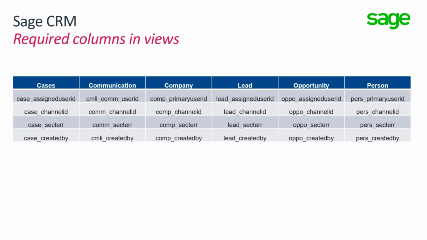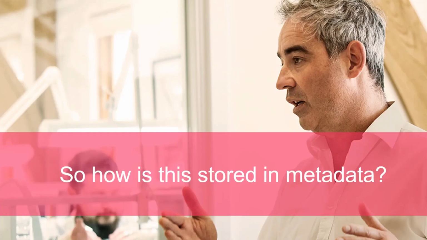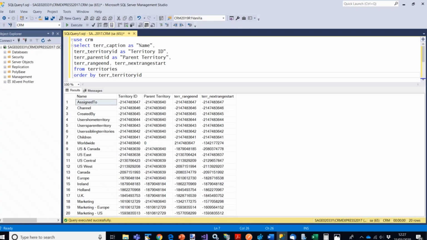So how does this all get stored inside the metadata? And we need to understand this from a support perspective. The details of the security territories that might be added into the system are held in a table called territories inside the CRM database. You can see the example query that I've used here to retrieve this. Notice that each of the territories has a name. It also, importantly, has a territory